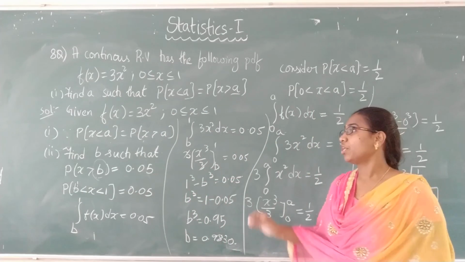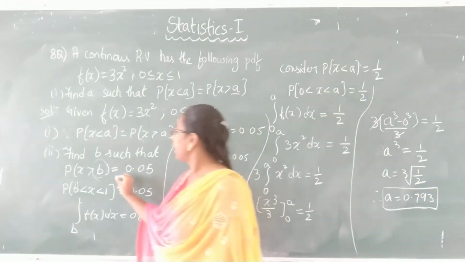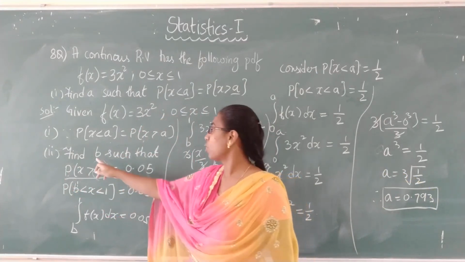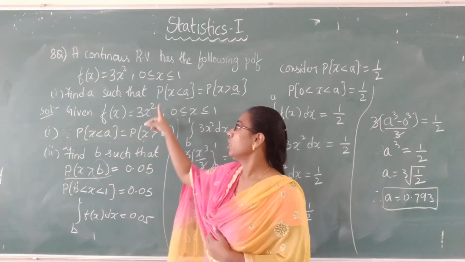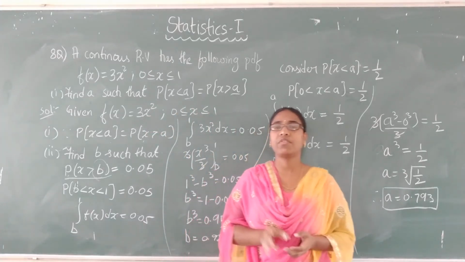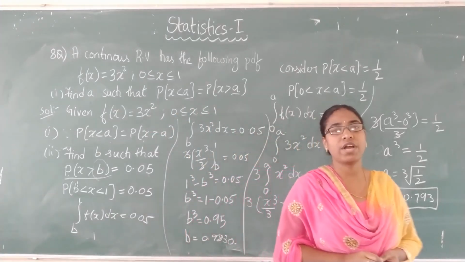So in this way, by using the given conditions, we can find the required A or B, the constant values. So you need to remember how to calculate the given properties. They asked to find some constant under one condition. Here also a constant under the condition. So you have to identify the condition and find the probability and